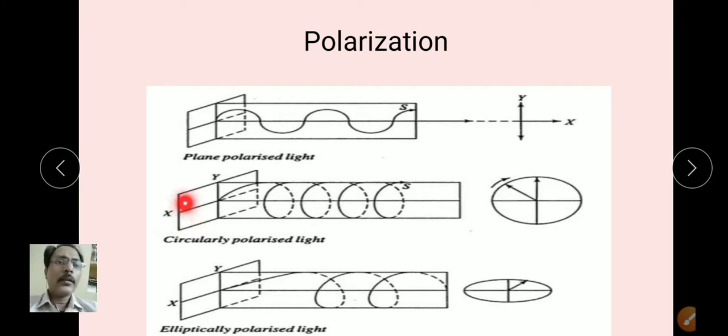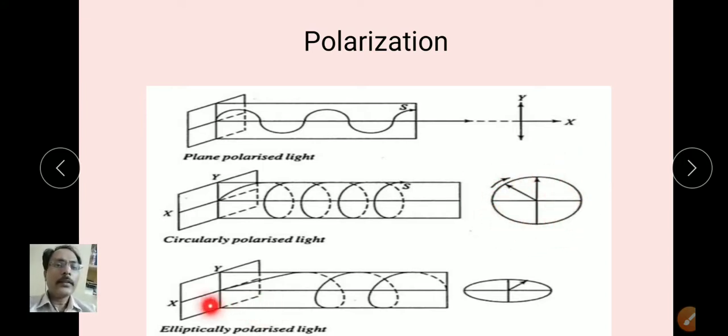Similarly, another polaroid which is used makes the light circularly polarized. So whatever light is coming from here, when it hits this polarizing plate, what happens? The light is converted into circularly polarized light. You can see the wave is in the form of circular polarization. It will be like a spring. You can see an example of a spring. It will be turned into a spring type of construction, and it will form this type. And if you see from this direction, it will look circularly polarized. It will be in a circular shape.